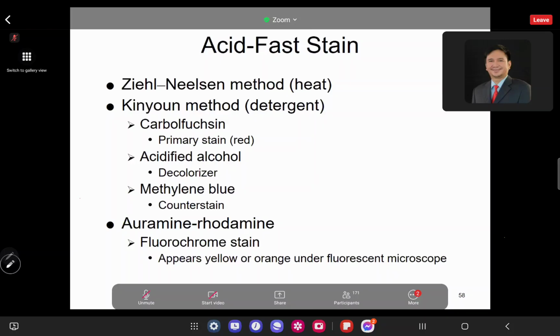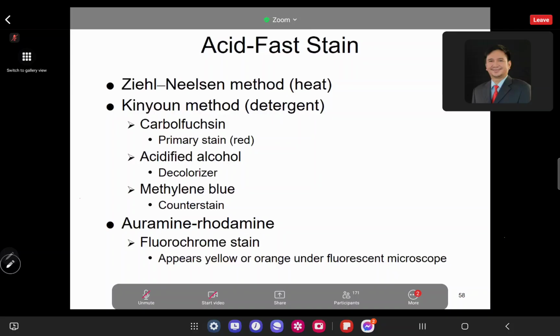If we have crystal violet in gram staining, our primary stain here is your carbol fuchsin. And the color of that stain or dye is red. What is our decolorizer? It's acidified alcohol or acid alcohol, not acetone alcohol or ethyl alcohol used in your gram staining. It will remove the stain like the carbol fuchsin from a non-acid fast organism. And the counter stain or the secondary stain is your methylene blue. Maybe you have noticed we don't have any mordant for the Ziehl-Neelsen or Kinyoun.